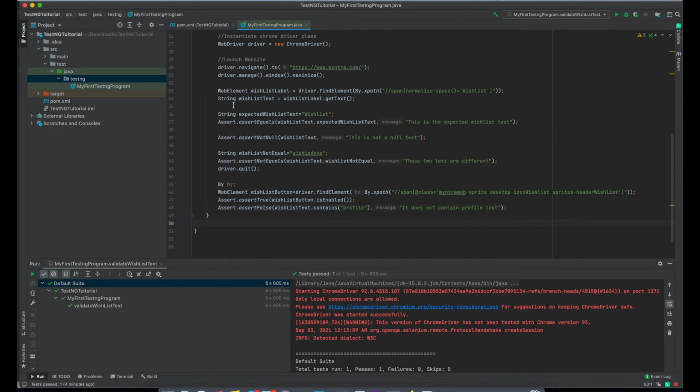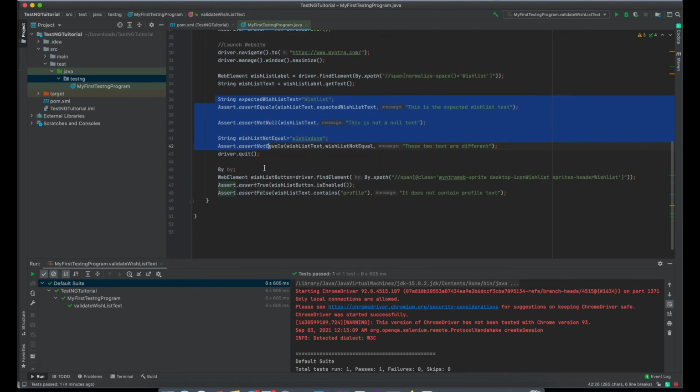So we have seen five different assertions: assert equals, assert not null, assert not equal, and then assert true and assert false. These are asserting the boolean value, and these are asserting some string text. So let us run this and see if it is working fine.